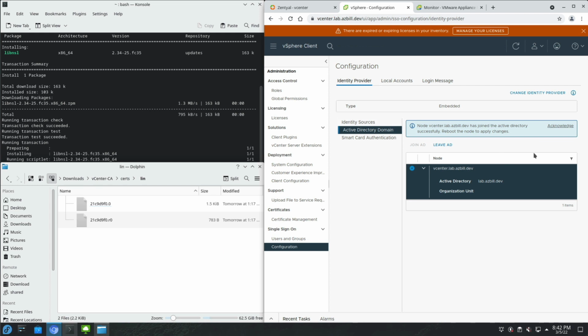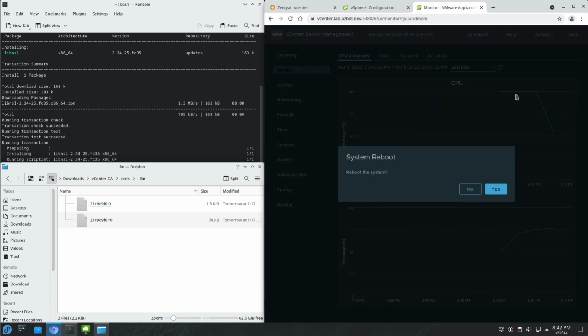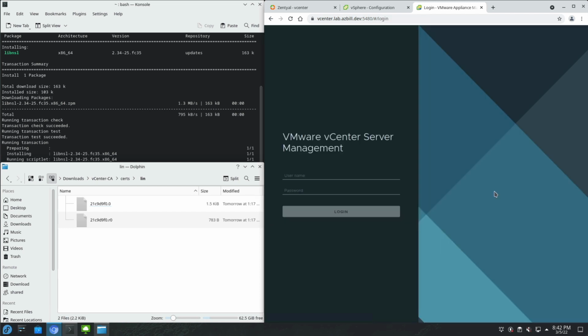Now, in order to actually get the changes applied, we do have to reboot this host. Once we've done the reboot, we can go ahead and configure our identity sources. So let's go ahead and get this rebooted. I'll come back over to the VAMI, click on Actions, and select Reboot. And click Yes. So we'll give that a few minutes, and then we'll get logged back in.